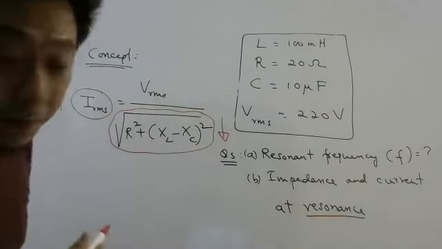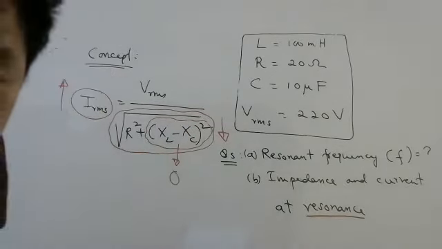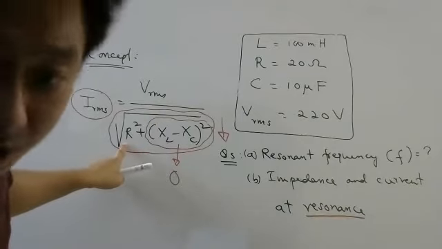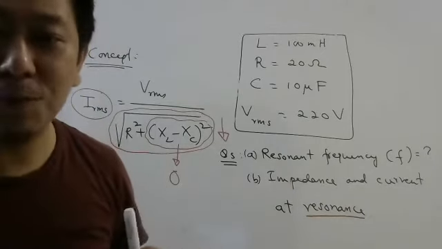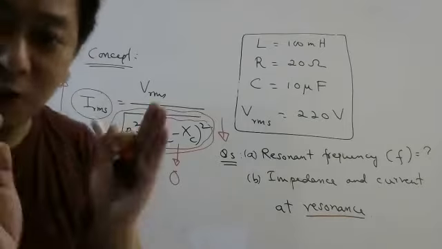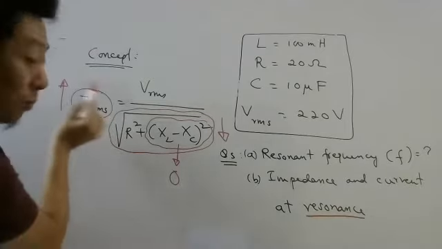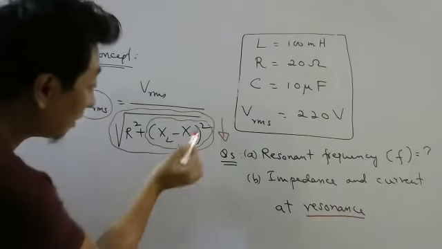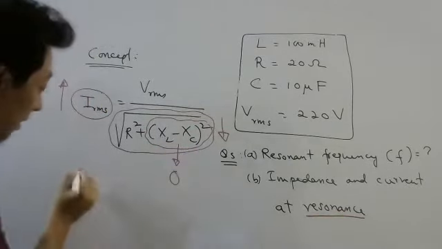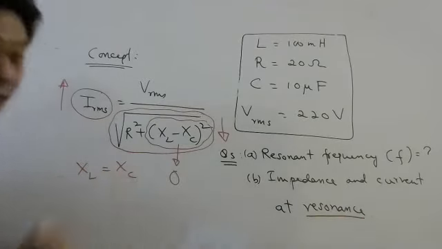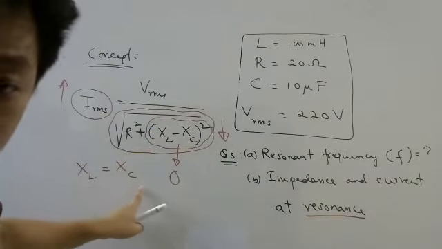Now this will be minimum when this part is 0. Okay, why, students? Because R is resistance. Resistance we cannot make 0 unless we go for superconducting wires. But forget about superconducting wires. In a normal circuit at normal temperature, resistance cannot be made 0. Therefore, how to make current maximum? Simple, make this quantity 0, minimum. Now for this to be 0, what should happen? XL should be equal to XC. Agree or not? This quantity will be 0 when XL will be equal to XC.